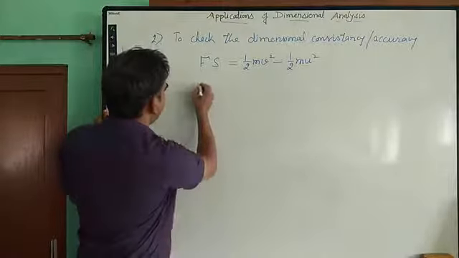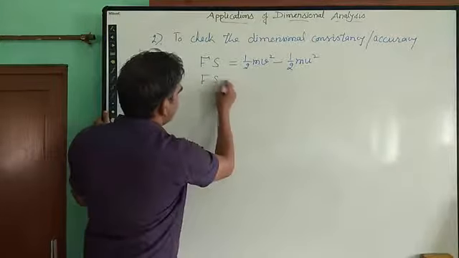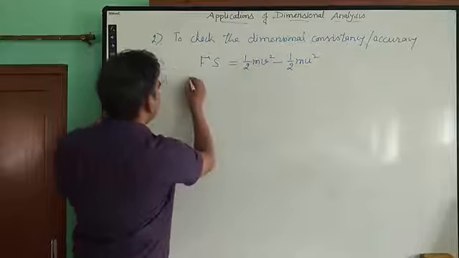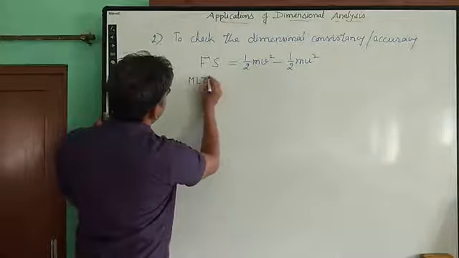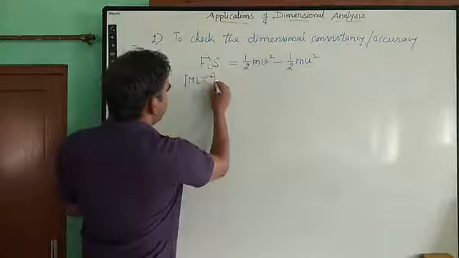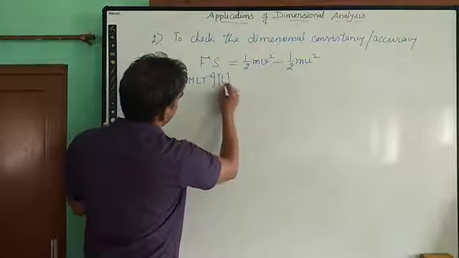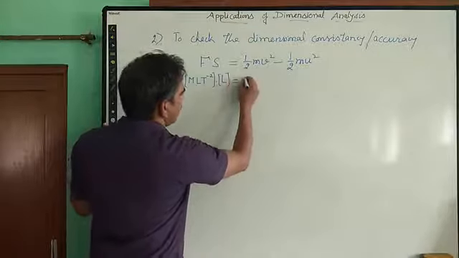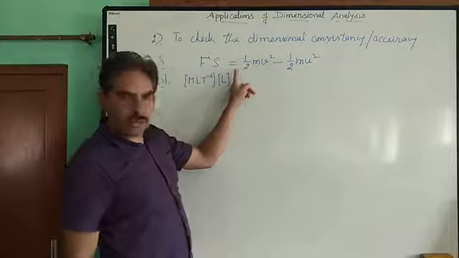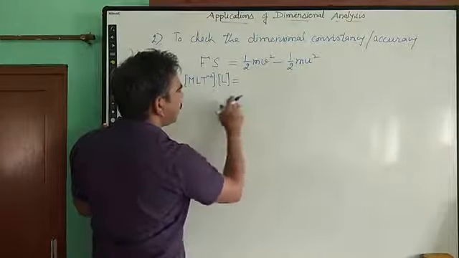So let us substitute the values. For force, the solution begins with this formula F into s, which you can write. Okay, so F is nothing but the force. So dimensions for the force are M L T minus 2, into dimensions of s. s is nothing but displacement, which is length. So dimensions for the displacement, we have substituted here L, and it is half. However, while we check the dimensional consistency, we need not involve these numbers here. So we can drop their values. We simply check the dimensions.